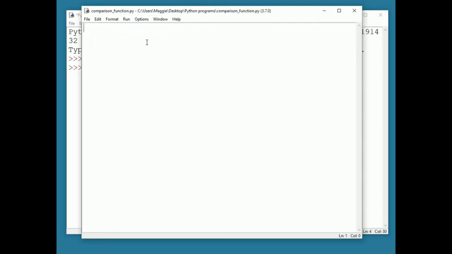Suppose we want to write a program that will obtain two numeric values from the user and determine which is larger, or whether they're equal. We'll write a function to do the comparison part. I'm going to begin by writing a docstring. Compare two numeric values obtained from the user